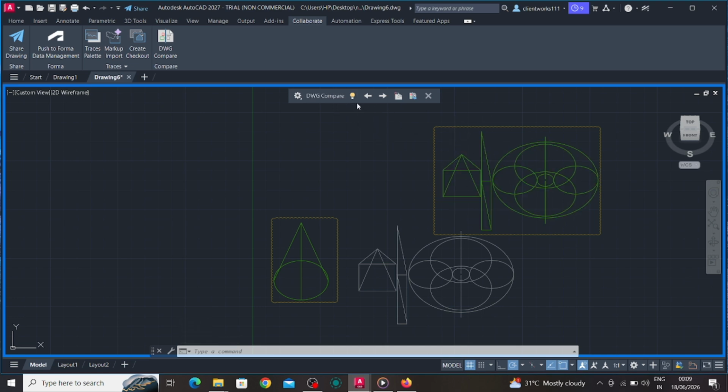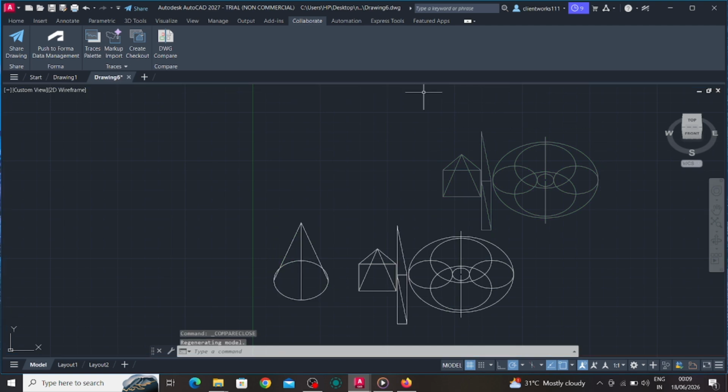So to summarize, use DWG Compare to automatically compare two drawing versions, review highlighted additions, deletions, and modifications, navigate through detected changes, verify layer visibility and alignment, clean drawings using audit and purge if necessary, and maintain a clear revision system for future comparisons. Following these steps will help you identify drawing changes quickly, accurately, and with far less effort